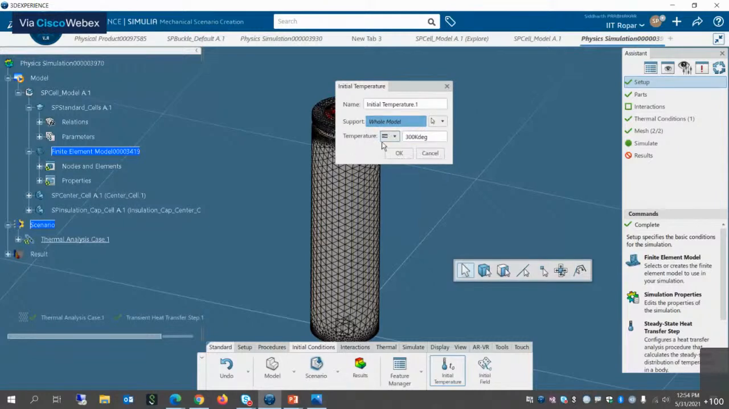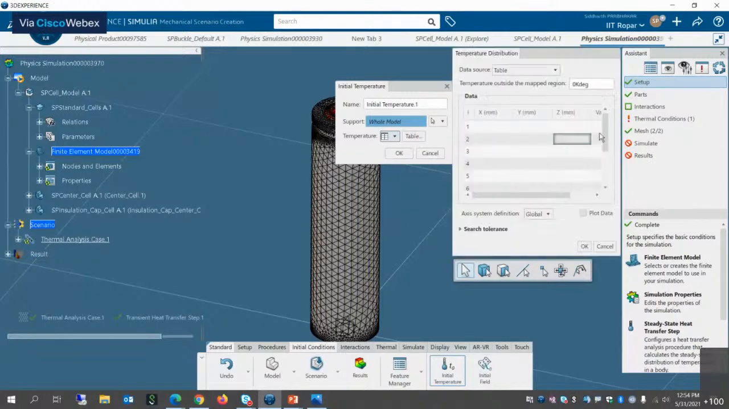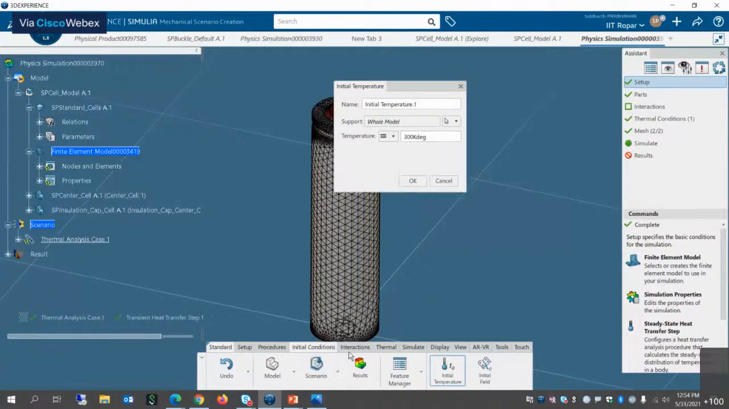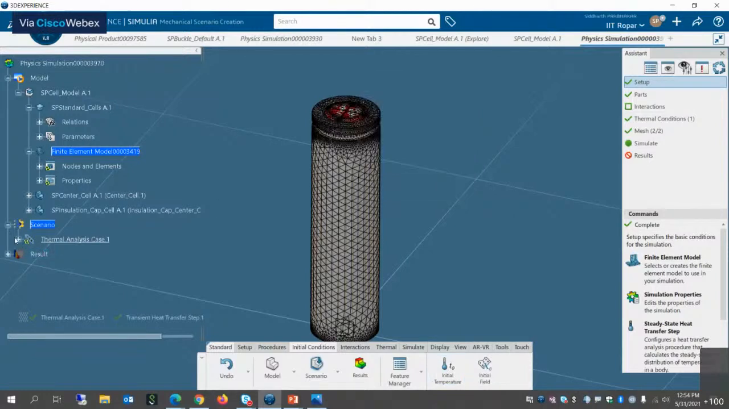As you also read, you could map a given partial data, so you can map the data or you can just press equal to, and for partial data you'll have to give in a table input. But in our case, we are just trying to give an initial basic condition of 300 Kelvin. You will find this option from your initial conditions and initial temperature. Once you do that, you can just press OK, and your initial condition will be created in your